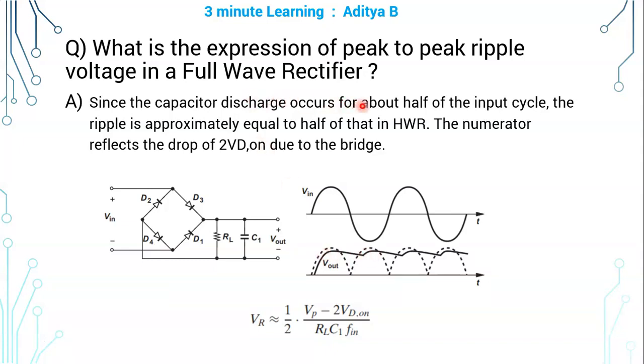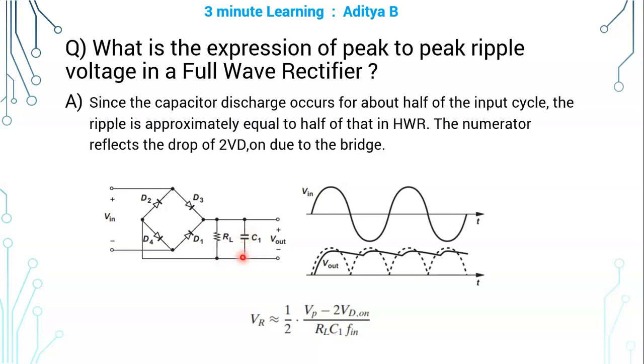Since the capacitor discharge occurs for about half of the input cycle, the ripple is approximately equal to half of that in half wave rectifier. If you see the ripple voltage formula in half wave rectifier, it is Vp minus Vd on into T in by tau, or Vp minus Vd on into T in by RL into C1. Tau is the RL into C1, which is the discharging time constant